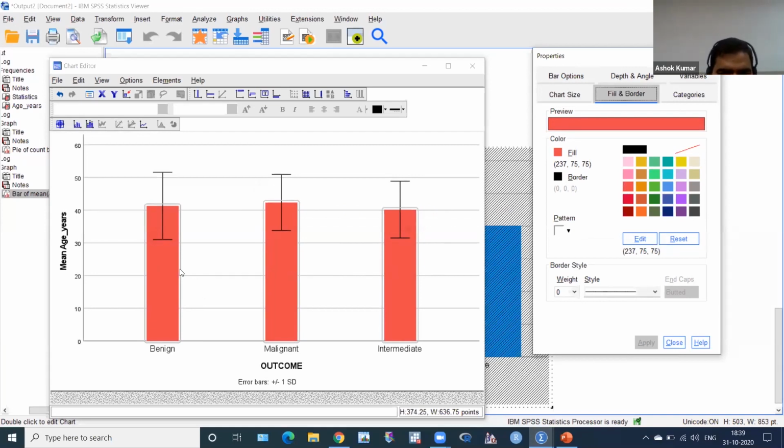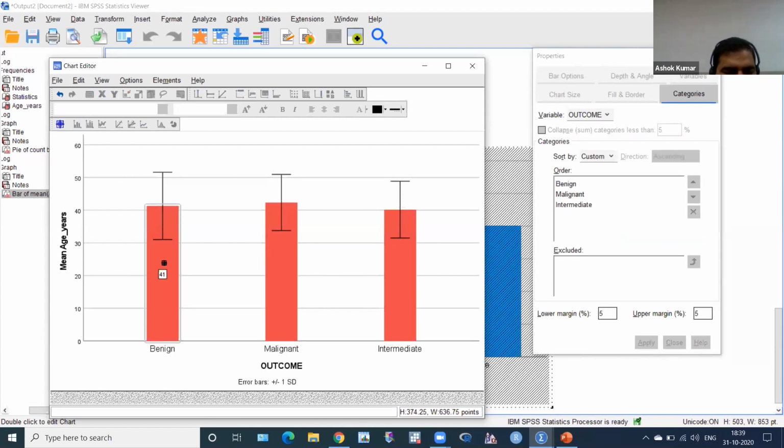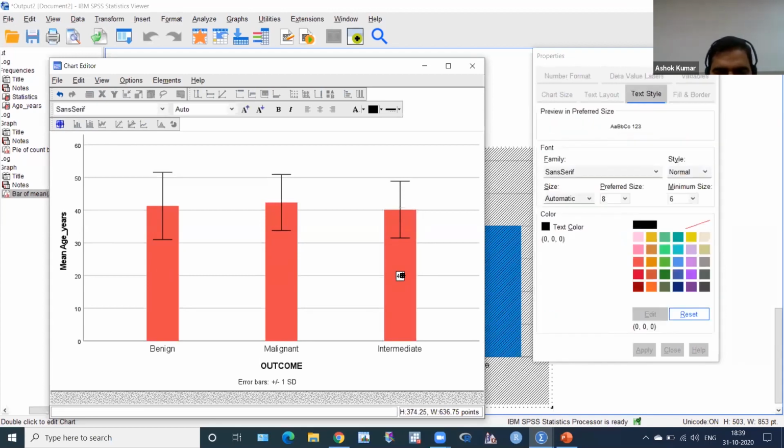And if you want to add the mean of these, you have to click this gun. If you want to add a number, you have to use this. Then click this, then okay, 41 mean, 42 mean, and 40 mean. I think you are not getting the decimals. So you have to do something else because you are not getting these decimals. You have to remove this using this button. You are not getting it, then remove this, then click here, okay.